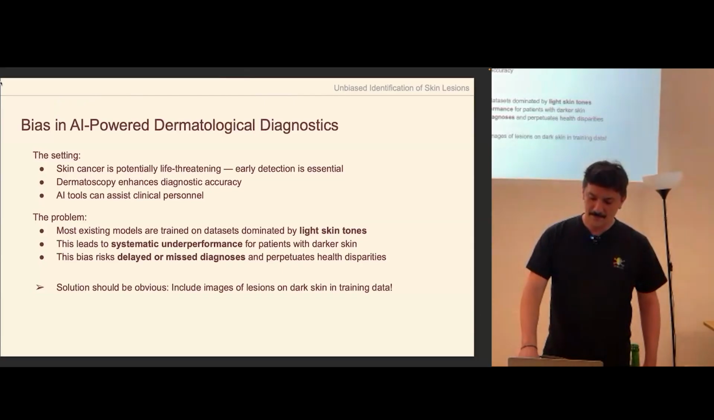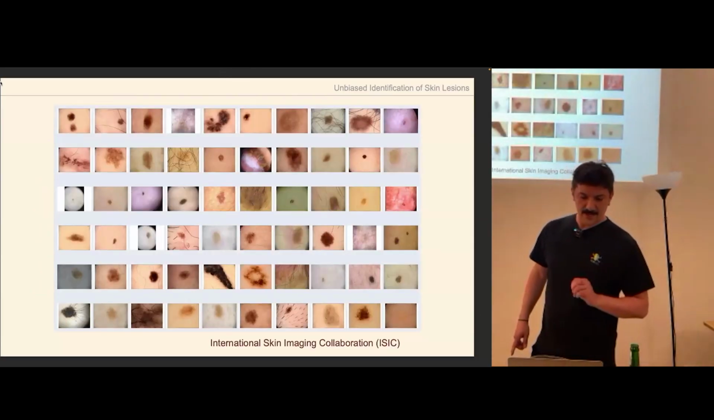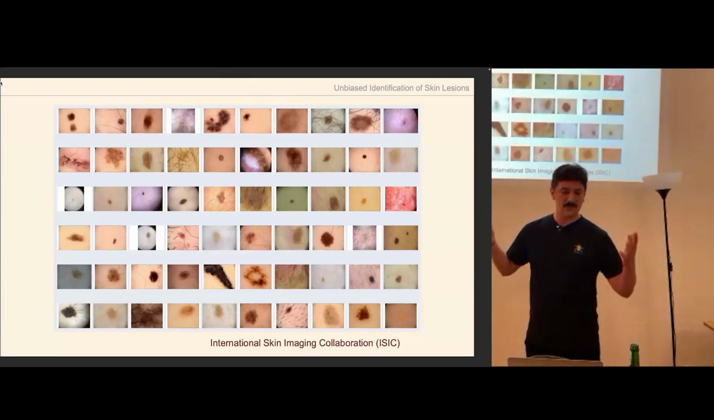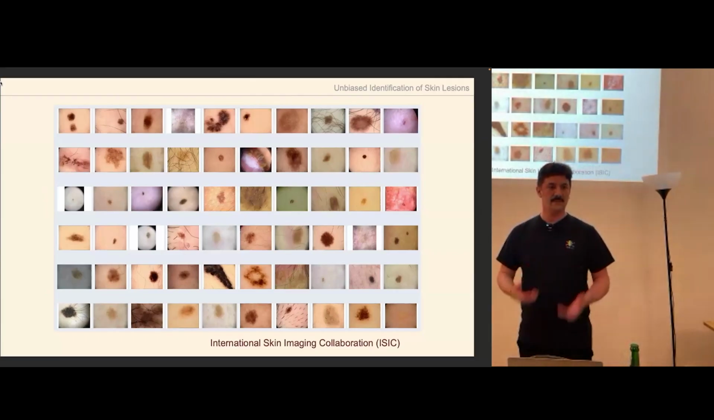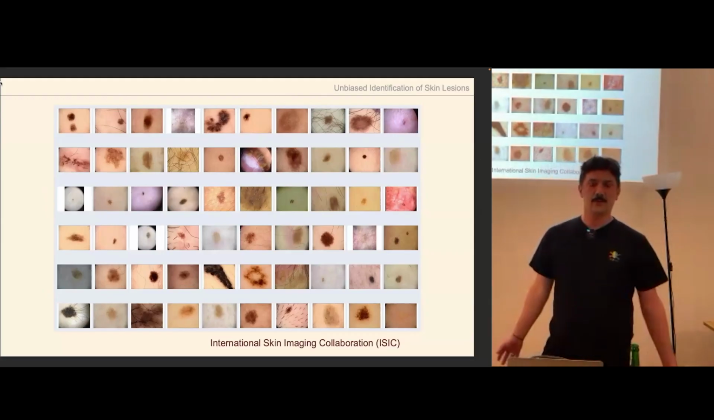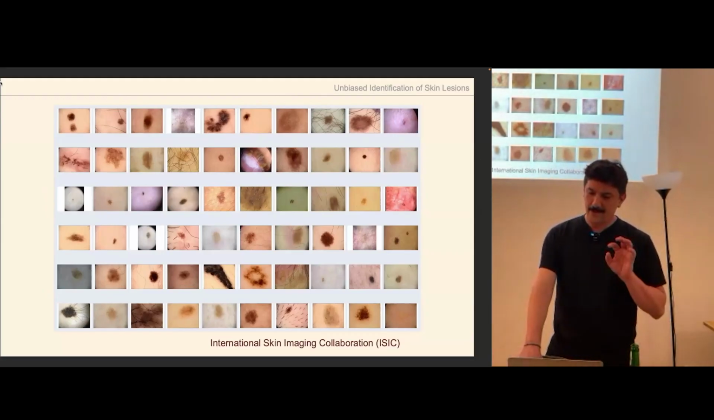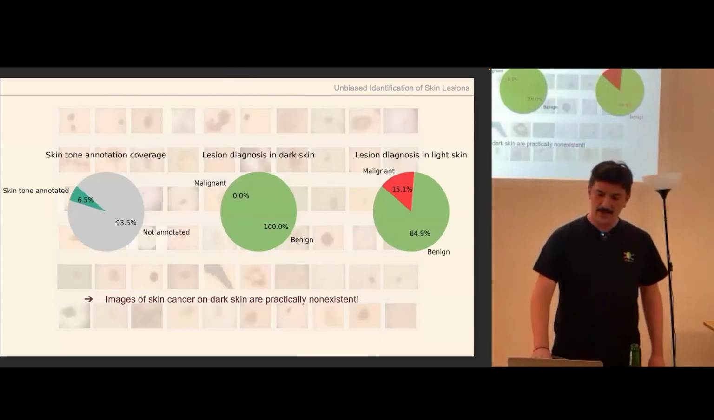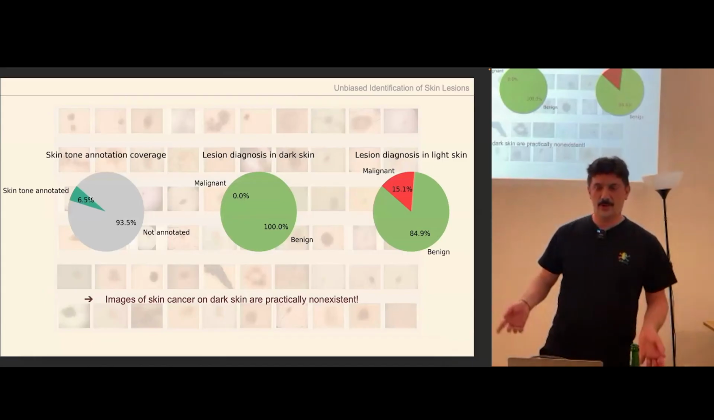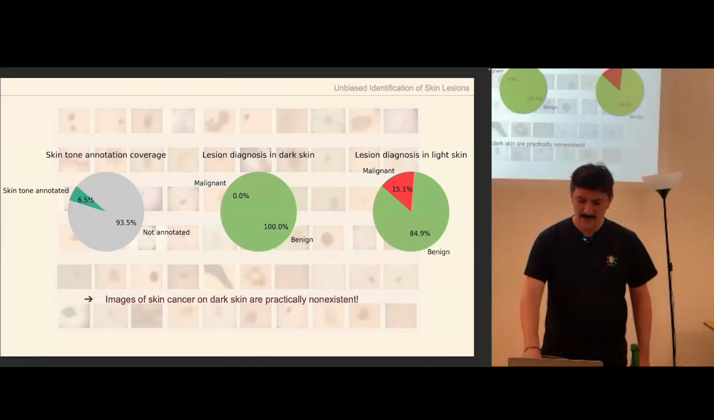But there's a problem, because let me just shortly introduce you to the International Skin Imaging Collaboration. It's a large database with a very nice, well-curated data set of many skin lesions, with hundreds of thousands of those. But if we look exactly at the metadata, we see that only a very small percentage of those have the skin tone annotated. For the rest, we just don't know what skin tone the lesion has, and as you can see from here,